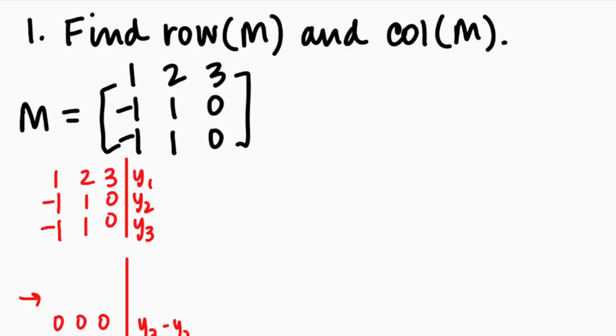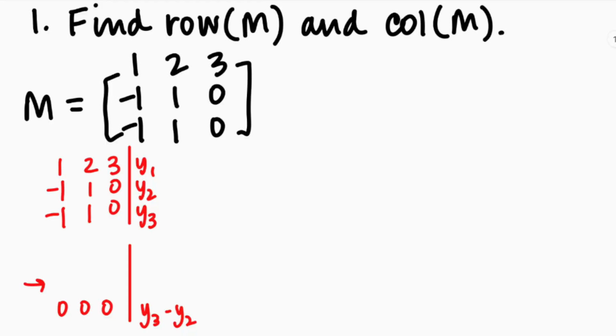y3 minus y2. That's going to need to equal 0. But then I'm going to add down and have 0, 3, 3. Oh, well, I guess that's not going to show me anything else new, because the first two rows are independent. Yeah, okay. It was easier than I thought. So y1, y2. Okay, yeah. So I'm not going to be able to introduce any other all 0 rows. So really, the whole deal with the